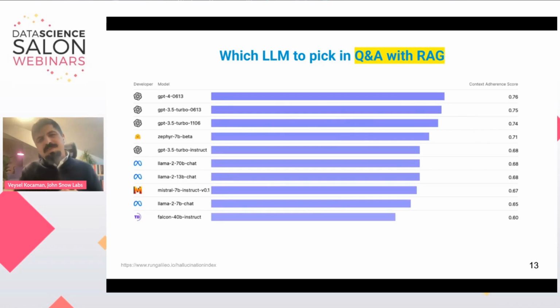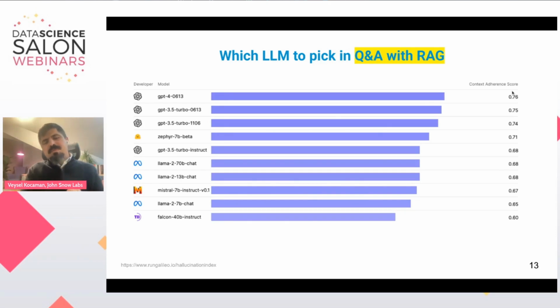So which LLM to pick? We can answer this question from two angles. The first one is QA with RAG architecture, like which LLM to pick when it comes to RAG, because the role of the LLM is different in RAG than for other purposes. If you are just doing open-ended discussions with an LLM, Q&A with an LLM, the choice might differ, right? The results will definitely be different. So Q&A with RAG, which we are going to cover today,